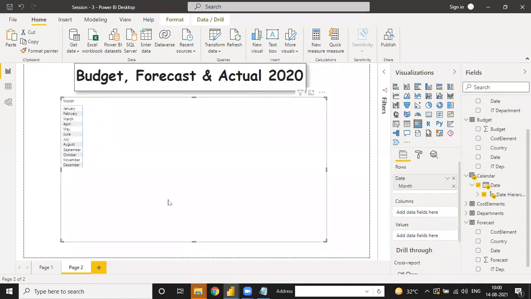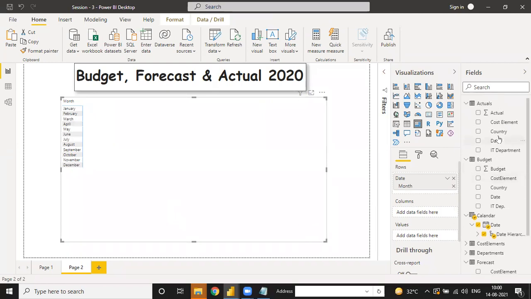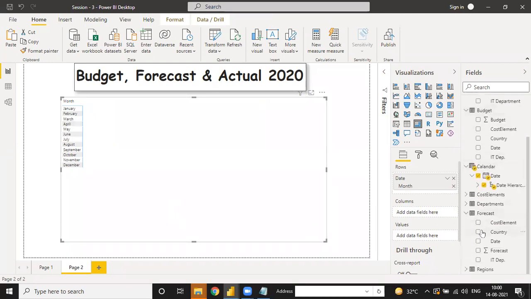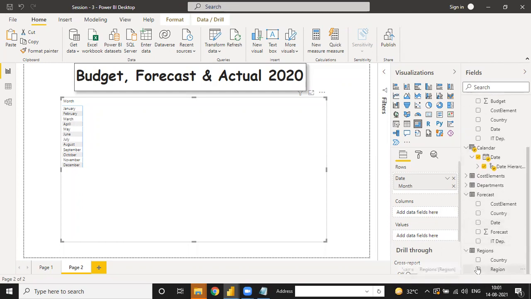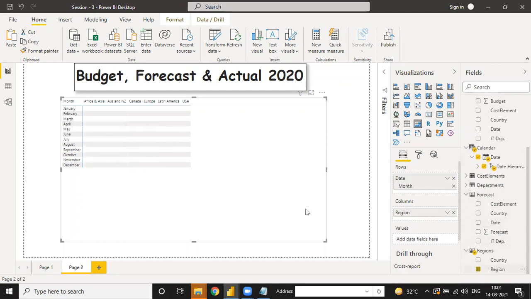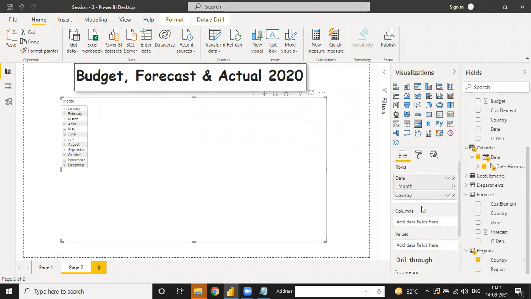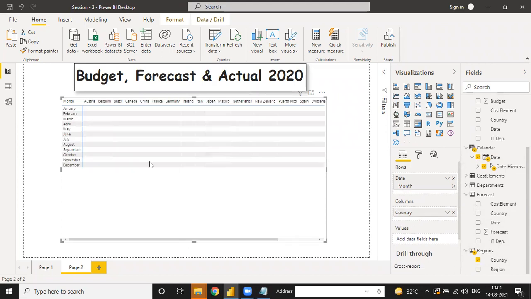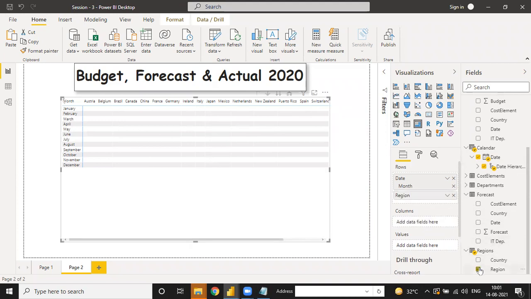See there is a date. Okay, and under the column suppose we have a region or country, as whatever you choose. See, I choose a country column. There are many countries, so I choose the region wise.